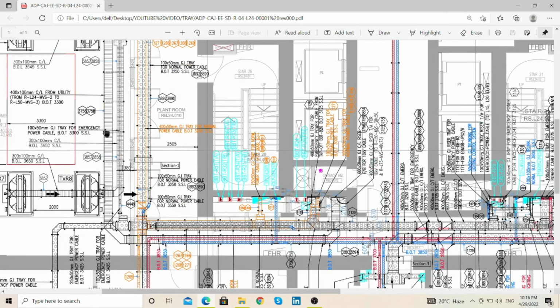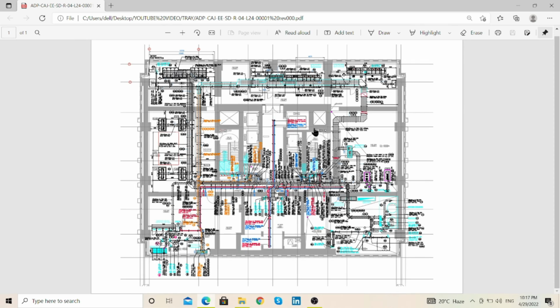This is the ladder type tray, and you can easily understand from this drawing. This is perforated type and this is ladder type. Here also in the ladder type drawing, the size of the tray is mentioned, 400 by 100. Already I told you 400 is the width of the tray and 100 is the height of the tray, meaning the collar size of the tray. One tray is almost 3 meters. You can see the layout of the tray, it comes from here, here and here, up to here is ladder tray, and from here the perforated tray starts.